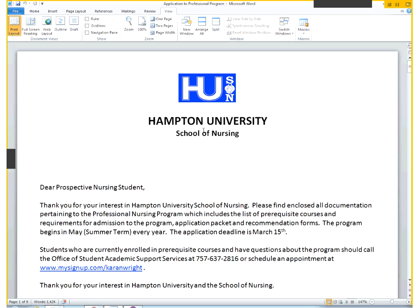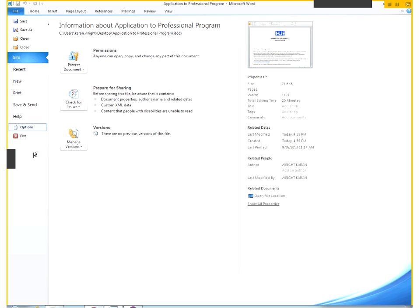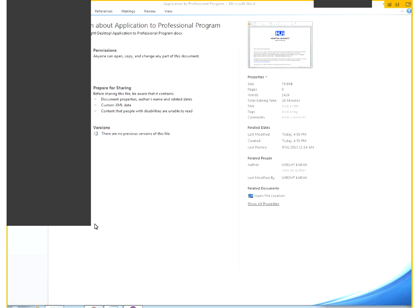So this is the application. The professional program starts in the summer. Whenever summer school starts, I think it's the end of May, usually right after Memorial Day. That's when your classes begin. And there's a lot of other information that you will get in the second semester. I'll come to your class individually, whether it's your health assessment class or computations and pharmacotherapeutics, and go over the finances of the professional nursing program. Okay? All right,